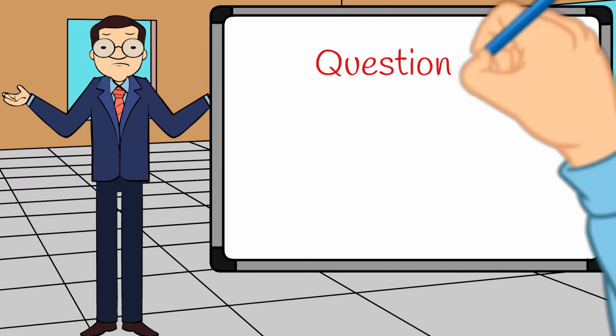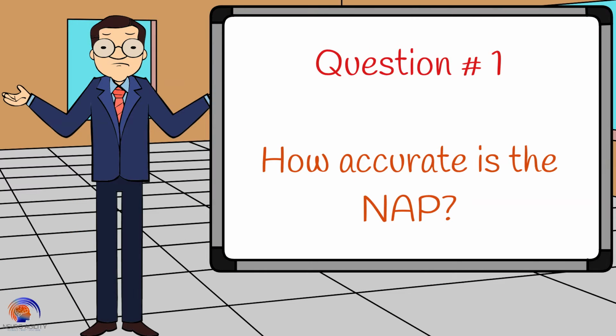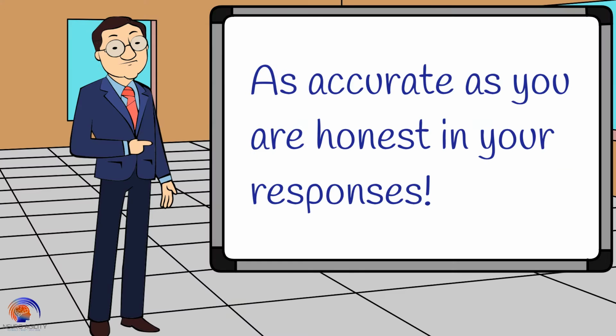The most frequently asked question about the NAP assessment is, how accurate is the NAP? The short answer is, it is as accurate as you are honest in your responses to the NAP questionnaire. The longer answer is that the NAP is a preference questionnaire. If you accurately respond to the questions in terms of your preferences and not your competence, it is accurate. Validity studies to determine if the NAP measures the constructs it purports to measure were confirmed, accepted, and found to be true. Reliability studies to determine how consistently it measures and scores across time were found to be highly reliable.